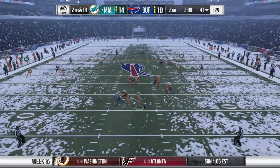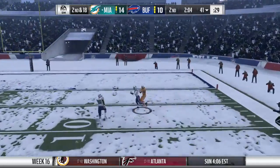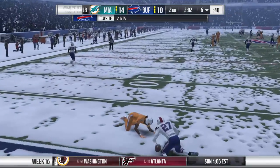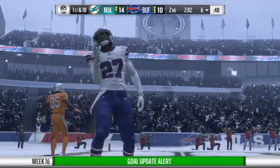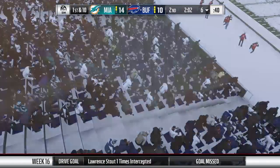Now a shotgun snap as they'll look to throw. He's going to air one out. And for the 3rd time here in this half, it's intercepted. Tre'Davious White with a pick. And a big turnover there as his guys will get the football back. Well, that...